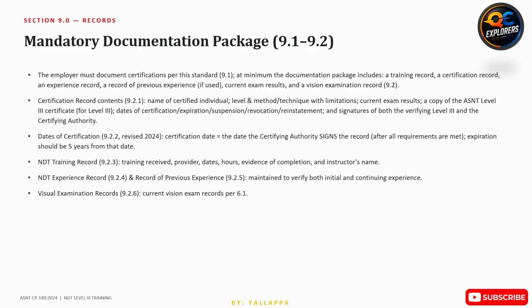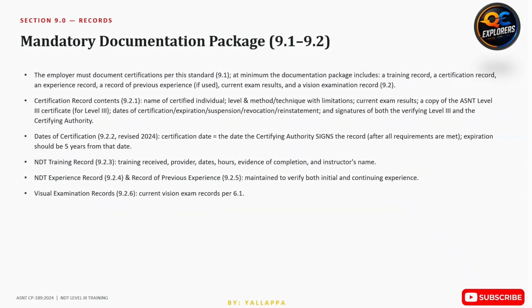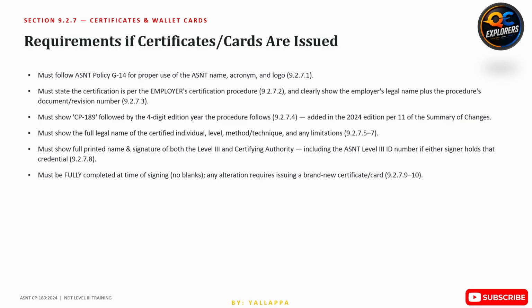The standard also requires detailed training records, including the training provider, dates, total hours, evidence of completion, and instructor's name. Likewise, experience records must document both initial and ongoing experience, while vision examination records must demonstrate compliance with the annual vision requirements. Exam tip. Remember that